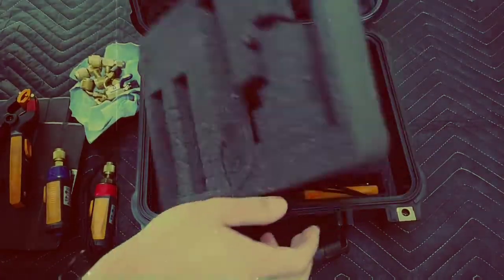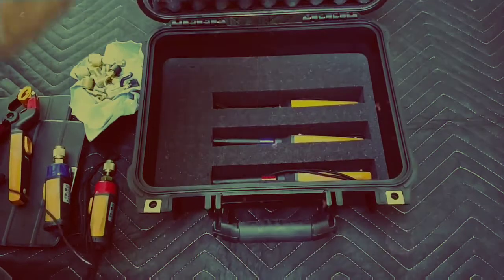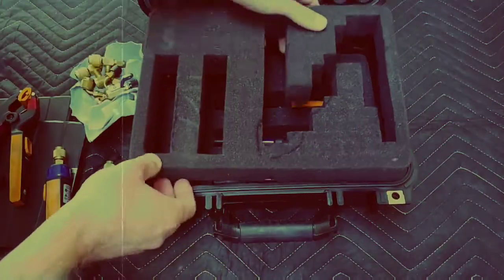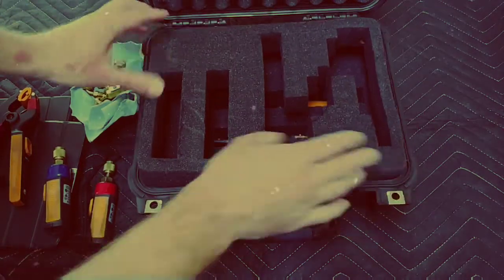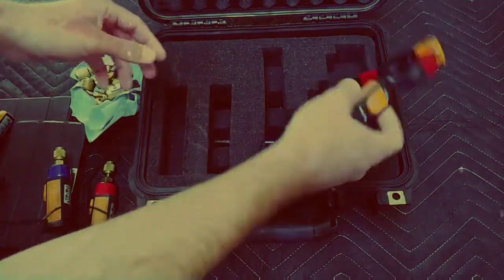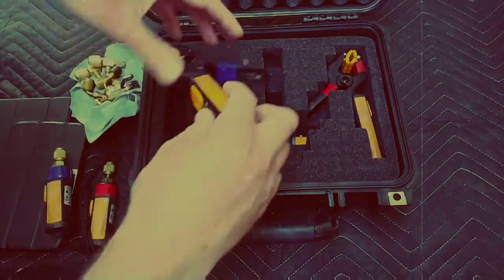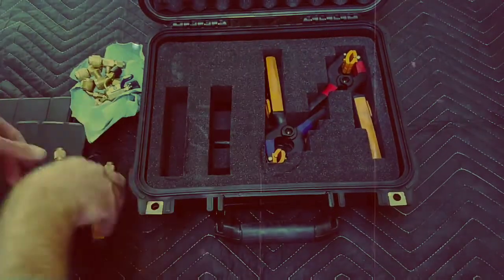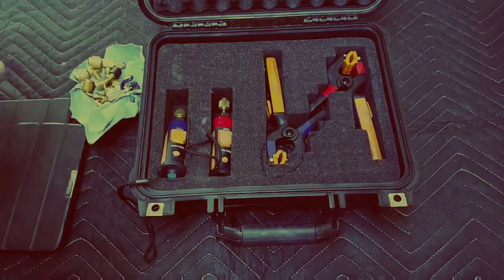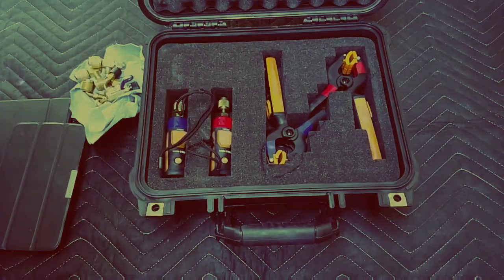So as you see here, I put the air probes that way, horizontally. And so that way, when I put this here, it's crisscross like that. So that way, these don't fall into those ones, if that makes sense. You just go like that, put them in like that. So it's a pretty nice setup here for this case. I may just